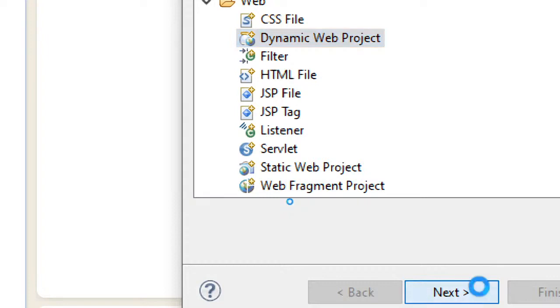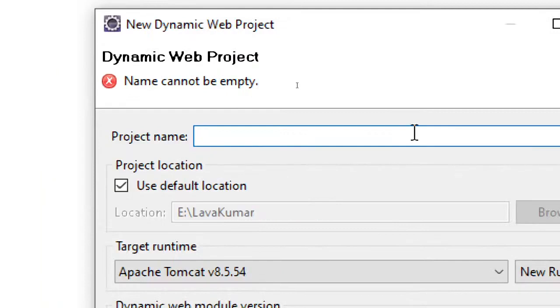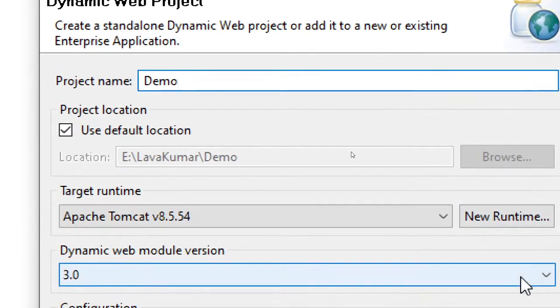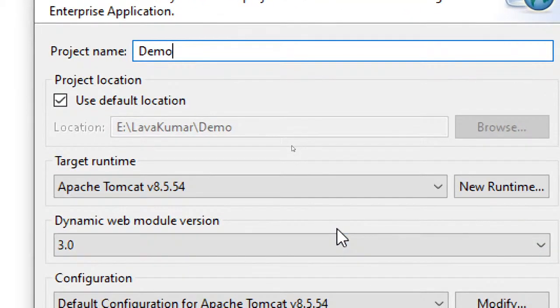Then click on Next, and here are a few things you need to remember. Here you need to give the project name. I am just giving some name, demo. If this is the very first time you are creating a web project, all these fields will not be available for you.